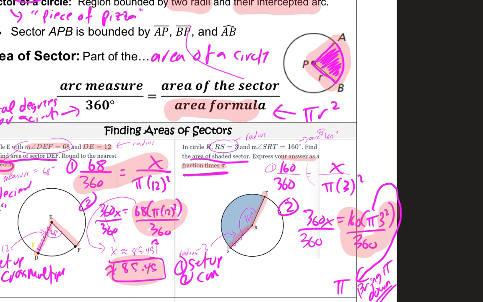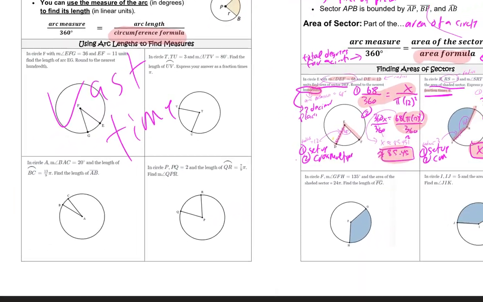So if we do that, this cancels out, so that means x equals, so this whole thing, 160 times 3 squared over 360 is going to give us 4, right? And then we brought our pi over there, so our answer is 4 pi. Okay, so on this one, we remember that our answer is including pi, so we're going to bring that down. All right, let's keep it moving. Next,